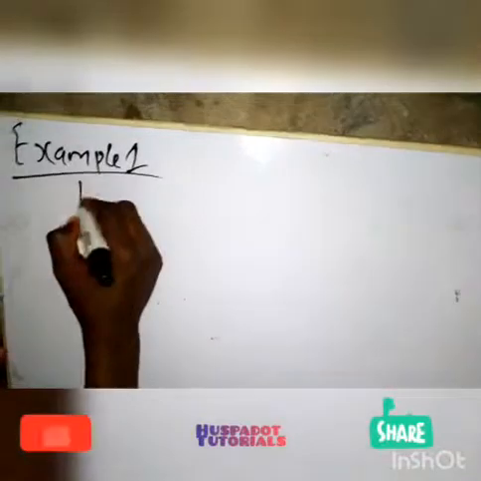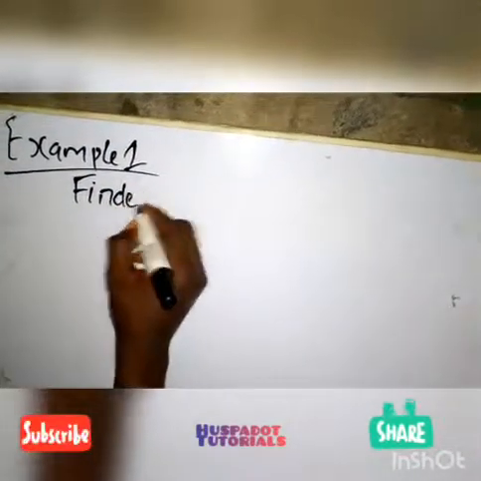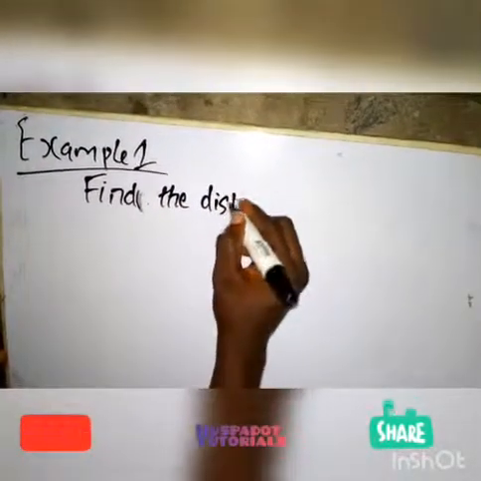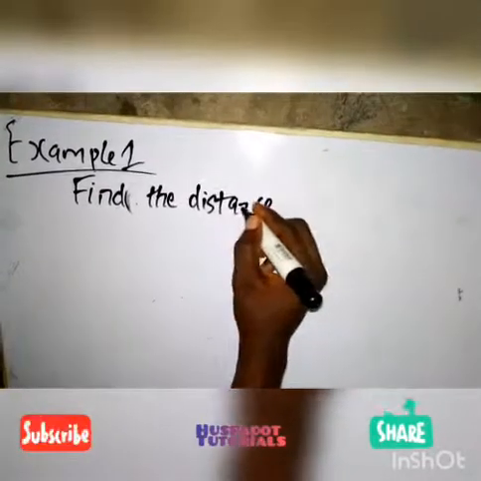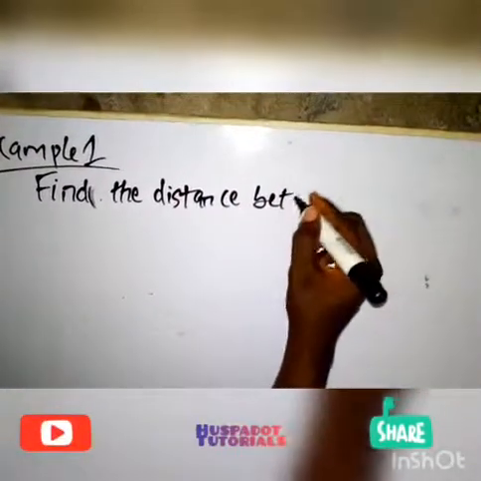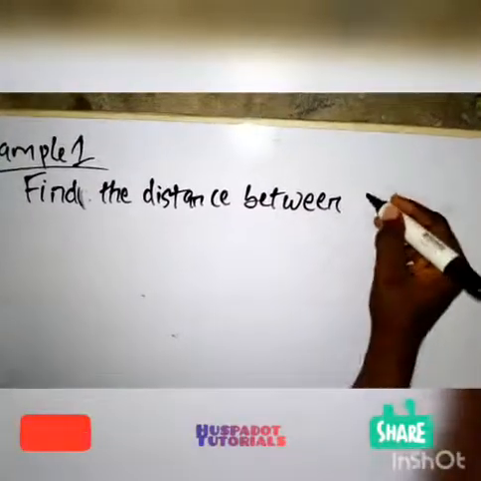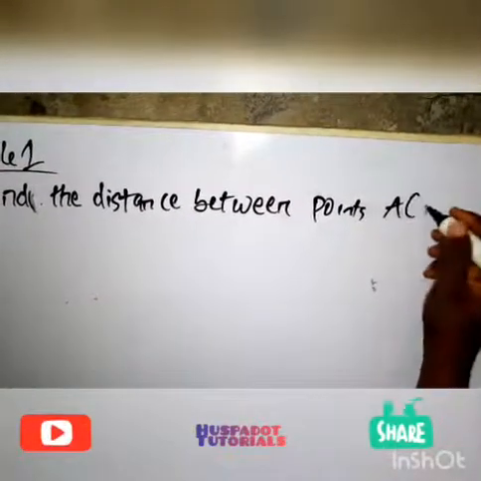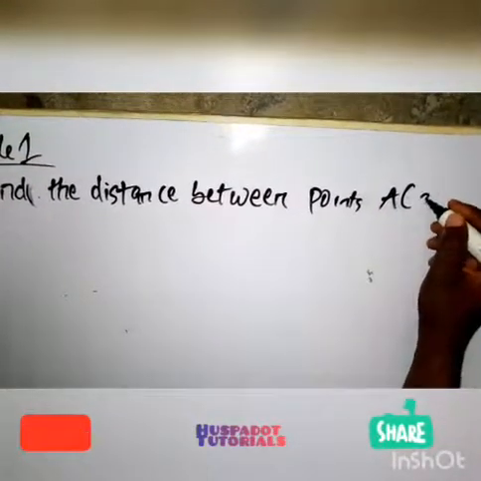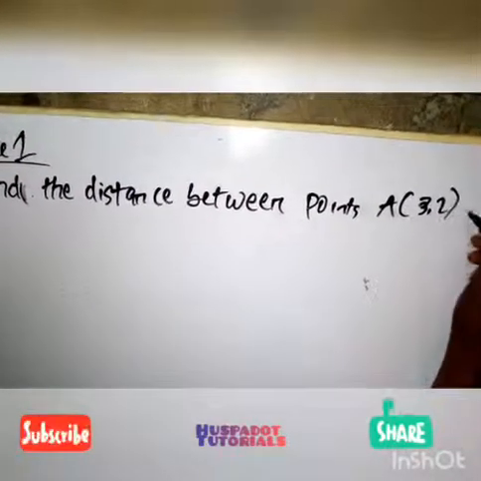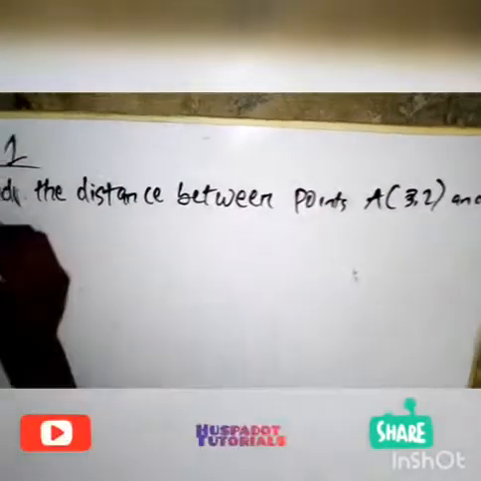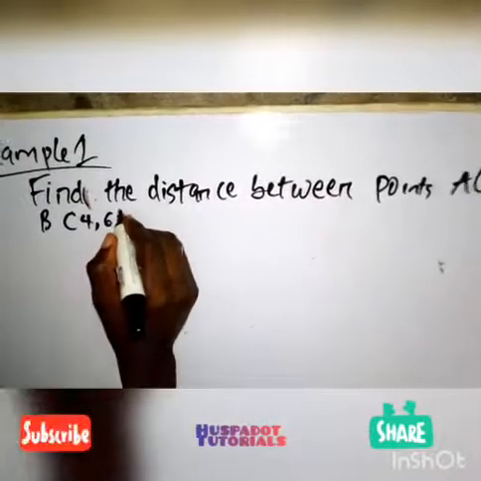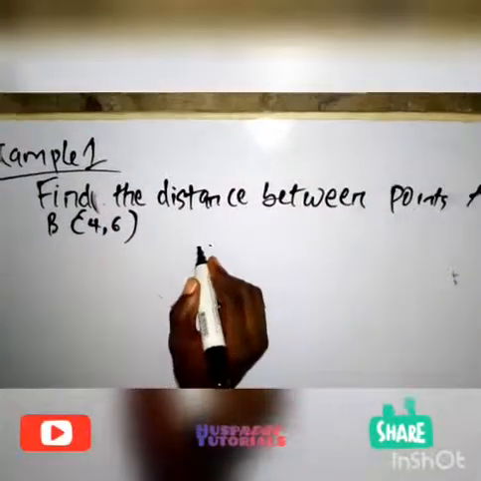Find the distance between points A (3, 2) and point B (4, 6). And the solution of it,